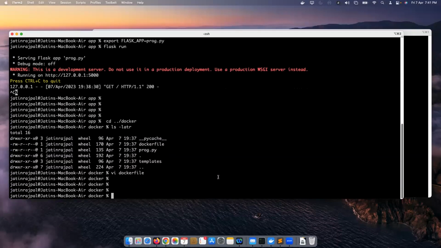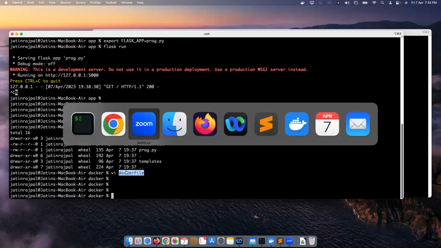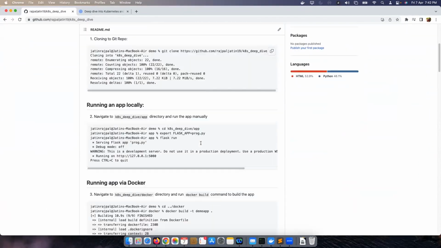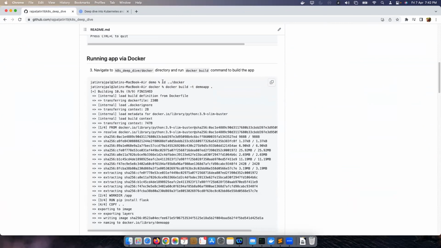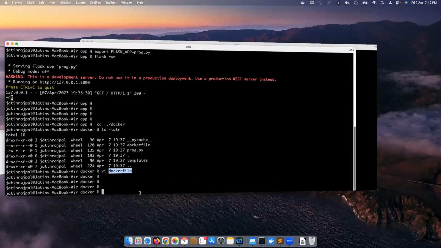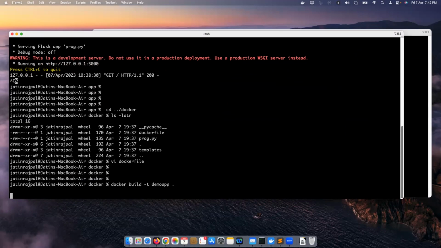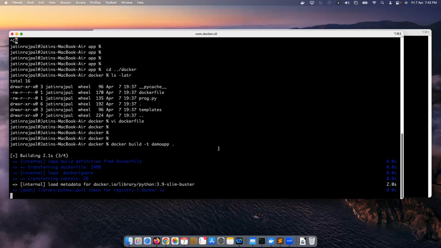So once you're able to create this Dockerfile, what exactly do we need to do? Let's go back to your GitHub repo. I'll go back to my README because that contains all the instructions. After that, you need to do docker build, which is what we discussed previously as well. So we did docker build -t, then the name of your application. The dot means whatever you have in the current working directory, you want to take it and build a demo app. This will take some time. It will build your application.